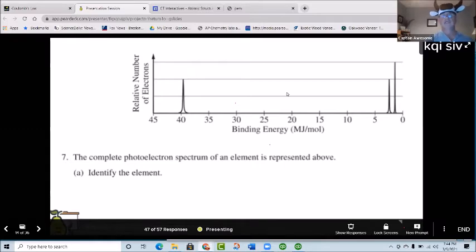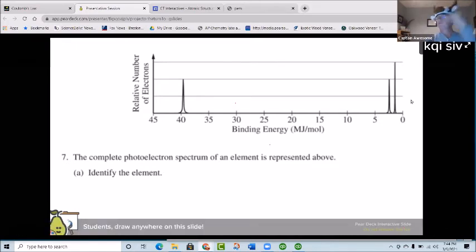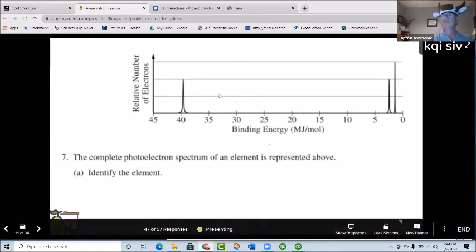It's 2 lines high. This second peak down here between the 5 and the 0 is also 2 electrons high. So 1s2, 2s2, and then this last peak down here at the end is 3 bars high. So those of you who put 2p6, remember that in a PES graph, the height of the peak tells you something about the electrons.